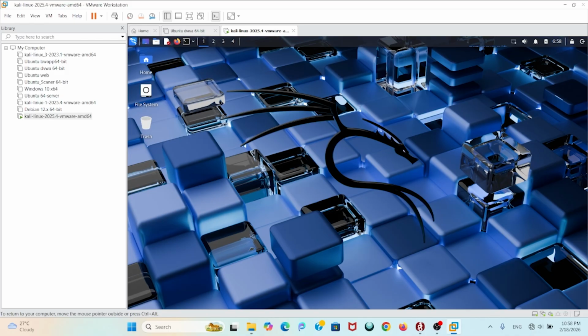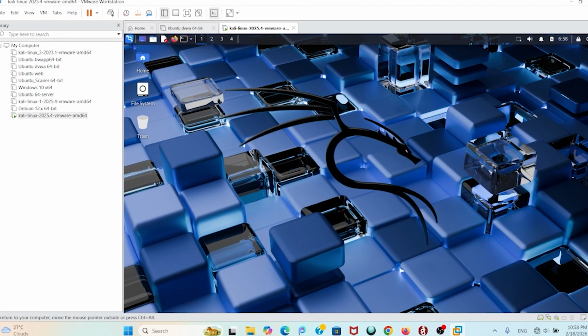In this video I am going to show you how to solve the mouse problem with the latest version of Kali Linux on VMware Workstation. If you want to solve this problem,